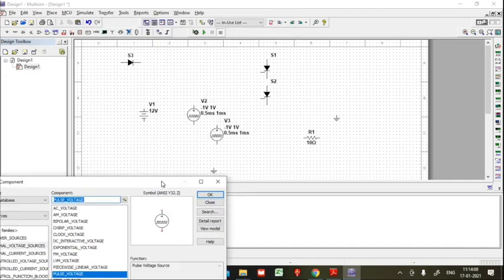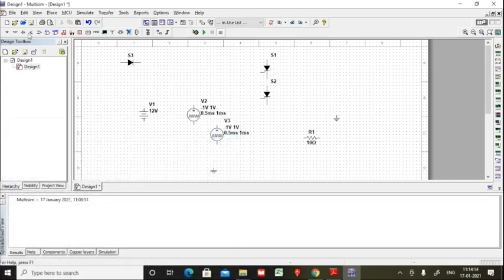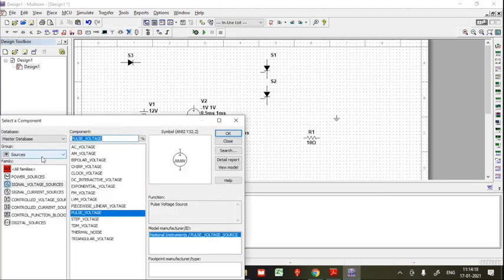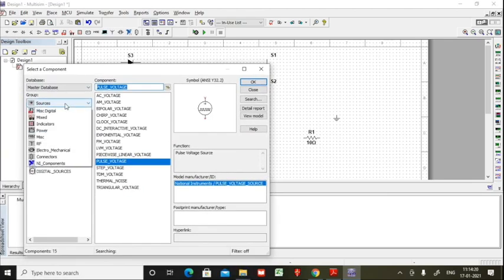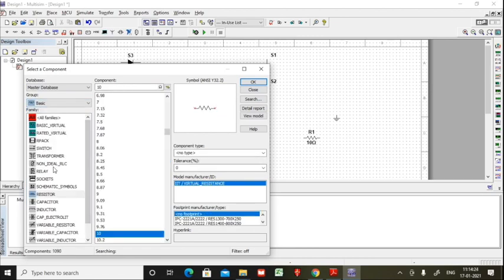With this I think we have to connect now. An inductor is needed. We go to Basic components, and in Basic we can find the inductor, and we also need a capacitor. The inductor value is 50 micro, which we can find here easily. I've chosen it.